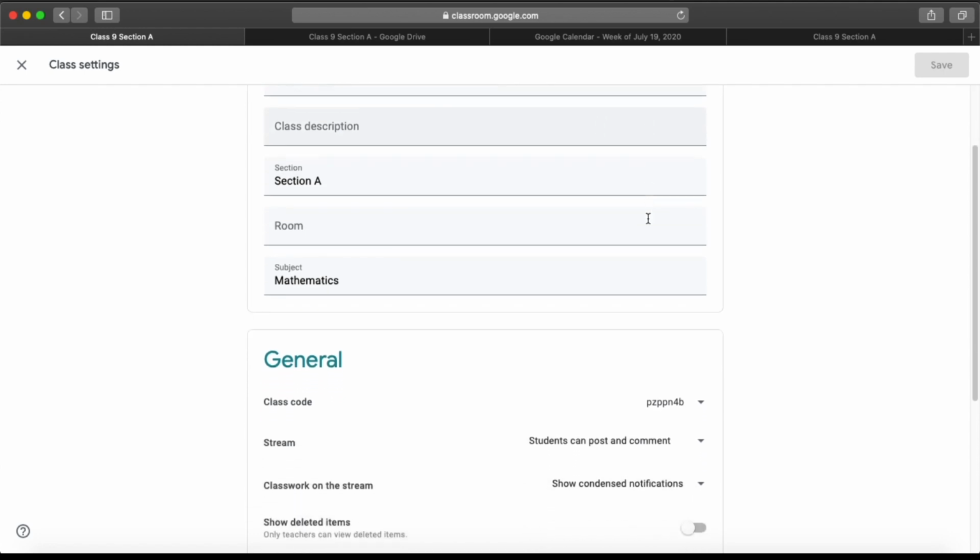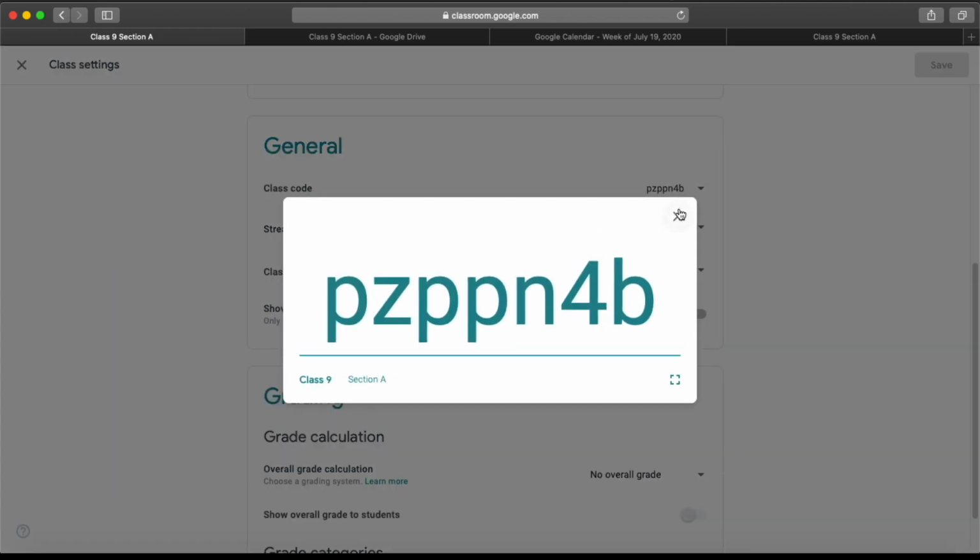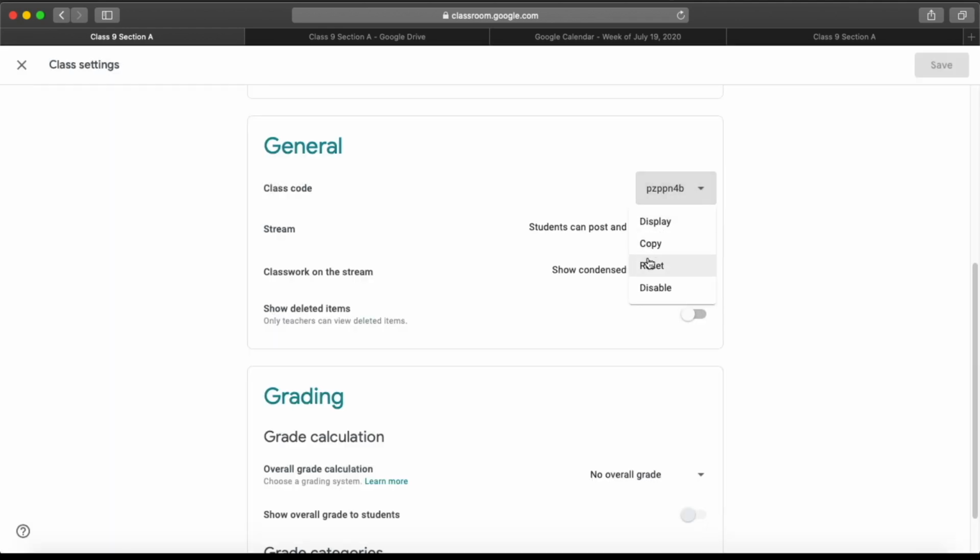Second part is general. In general, you can see the class code from here. You can reset the class code also if you want to, so that code will get changed. You can display it, which will show you in a bigger font as we saw earlier. You can also disable this particular code in case you don't want anyone else to join this class. So these options are available related to the class code.